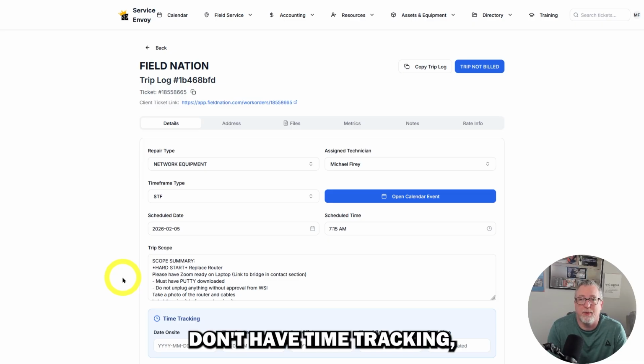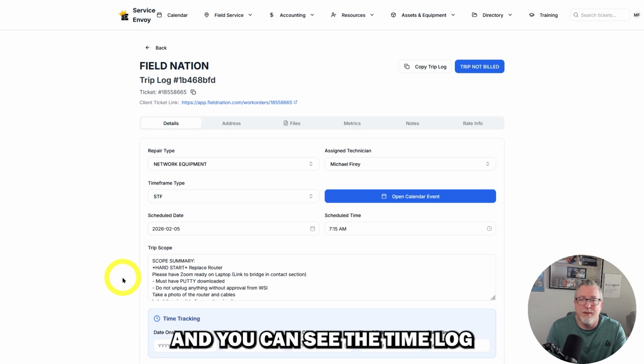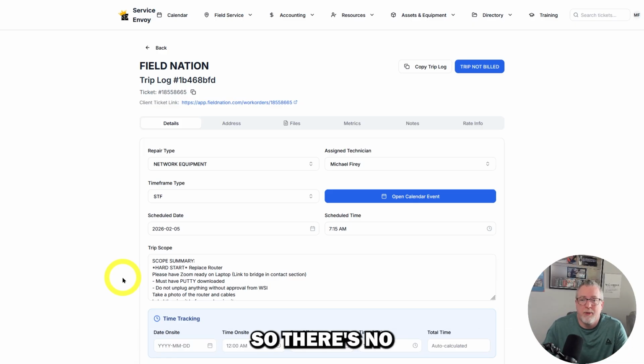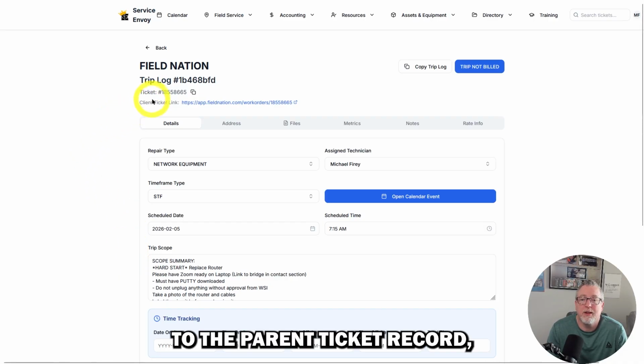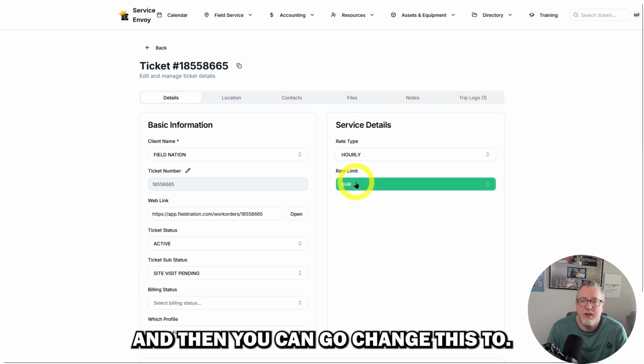A lot of direct clients don't have time tracking where you can log into an app. With Field Nation, you can go to the Field Nation site and see the time log of when you checked in and out. But if you have a direct client, it doesn't work that way because you call them on the phone. So there's no reference point for you if you don't have a system like this set up to track your time. So let's say that this ticket was actually a multi-day project instead of just a single day project. You can go back to the parent ticket record, and then you can go change this to